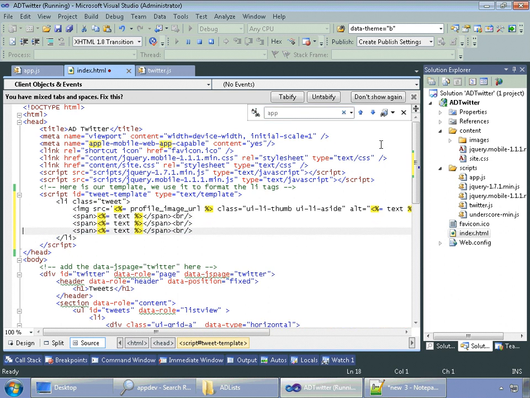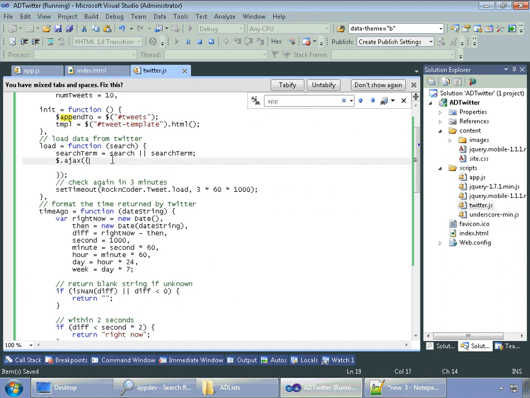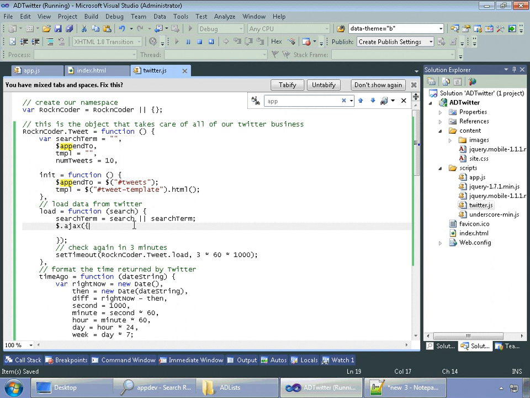copy these two lines. On the second line, we're going to create the username who created the tweet. And then on the final line, we're going to put how long ago this tweet was created in typical Twitter fashion. And that's all there is to our template. Now let's actually get some data. In the load method,